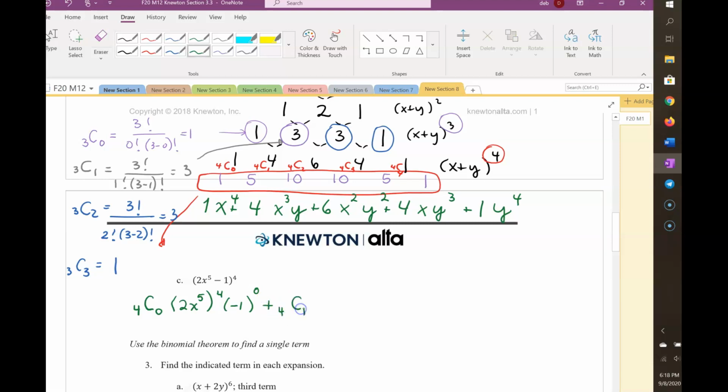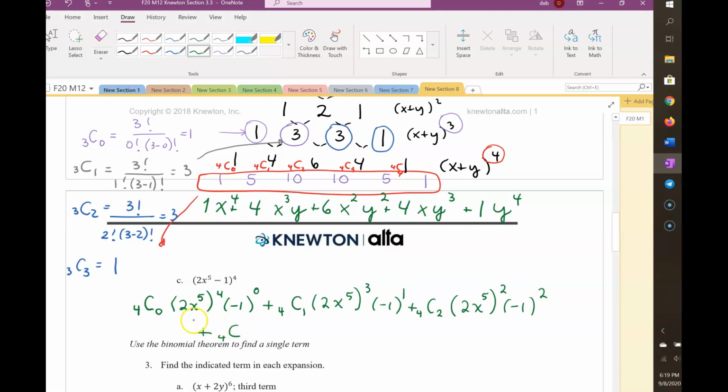Plus, then I have 4 choose 1, and the 2x to the 5th is going to be to the power of 3, and the negative 1 to the power of 1. So you can see that this is going to come out to be a negative term. Plus 4 choose 2, and the 2x to the 5th squared times the negative 1 squared,